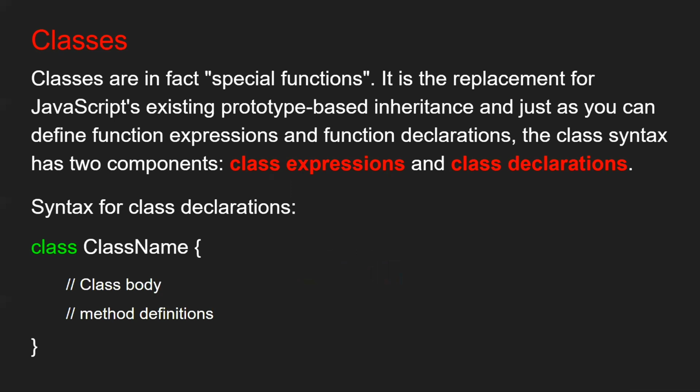So basically, as you know, JavaScript did not support OOPS concepts, object oriented programming concepts. Earlier, in order to achieve this OOPS feature in JavaScript, we used prototype based inheritance. But now ES6 has provided us with a very important feature called classes, which is the replacement for prototypal inheritance, and it gives us code reusability, code flexibility, and scalability. So using classes, we can reuse the code, that is, write once and use anywhere.